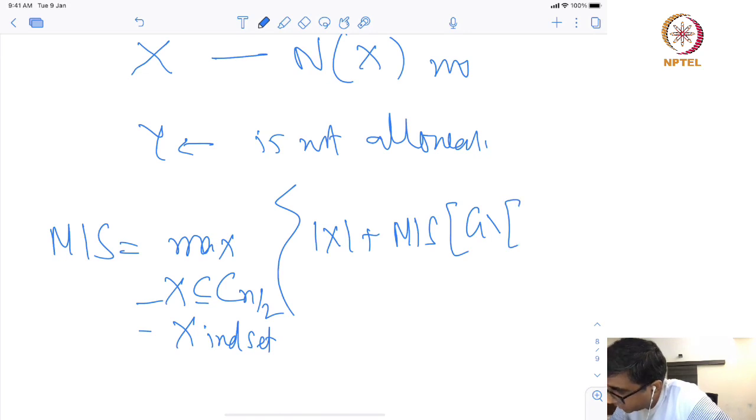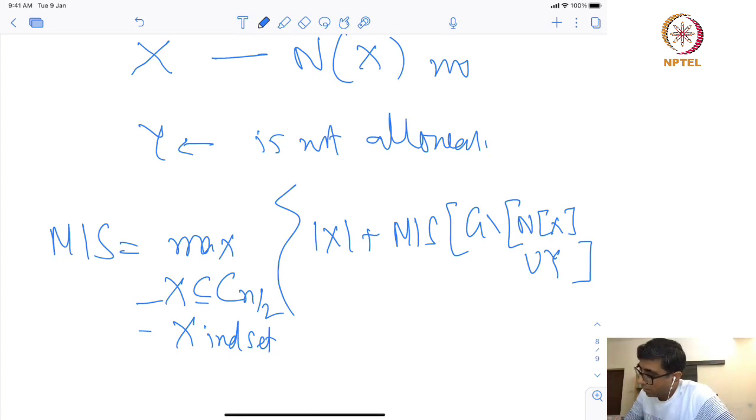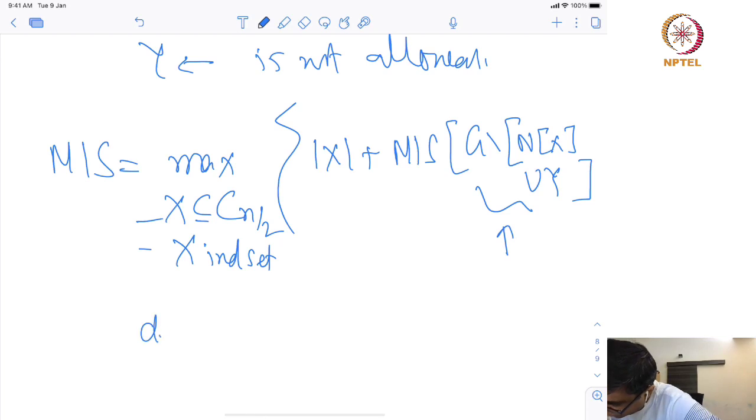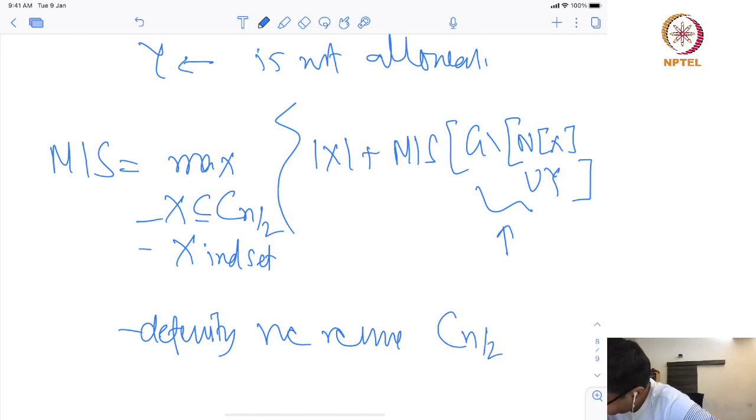G minus the closed neighborhood of x union y, right? But notice this graph, definitely we remove column n by 2 from G and maybe some more vertices,